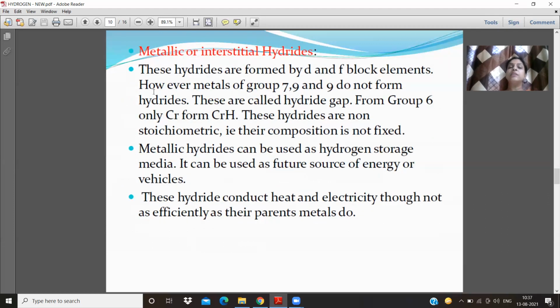From group number 6, only chromium is there to form a chromium hydride. These hydrides are basically non-stoichiometric. Non-stoichiometric का मतलब होता है